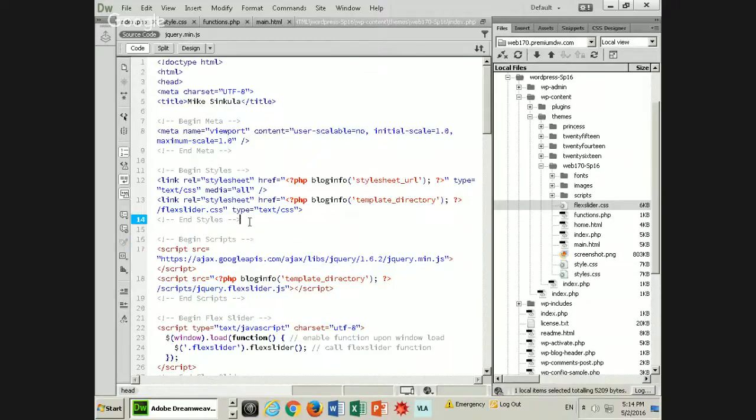But what I would need to do then is point to flexslider.css inside my theme folder, inside the themes folder, inside the WP content folder, in my WordPress folder under my domain. So I can use the blog info function, and these functions are nothing more than